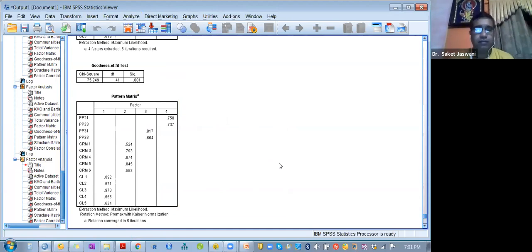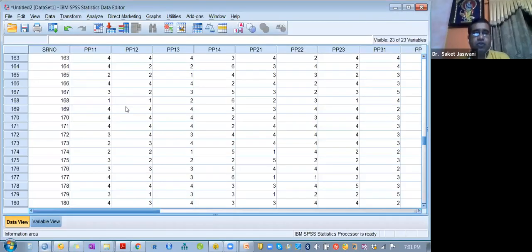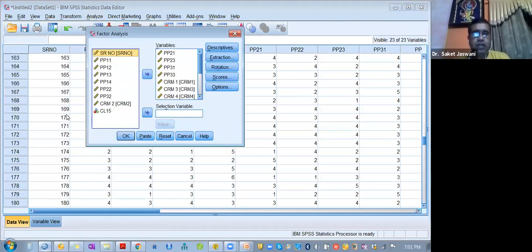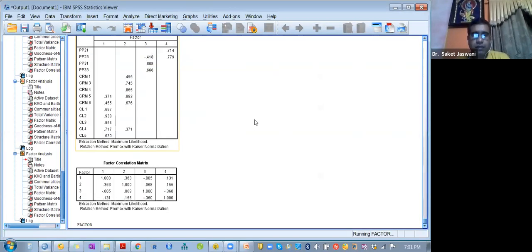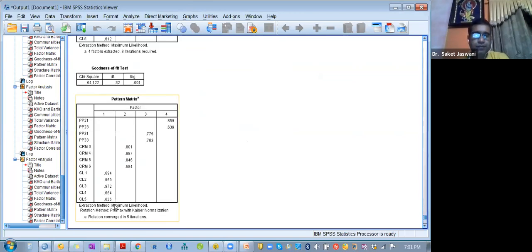सर, इसमें can we accept CRM1 with 0.524? नहीं, 0.5 के ऊपर है ना, आपका टोटल वेरिएंस एक्सप्लेन्ड हो रहा है। अच्छा जी। अगर आप CRM1 हटाओगे, हटा के देखते हैं, चलिए, तो वेरिएंस एक्सप्लेन्ड बढ़ जाएगा, बट 60 हमारा क्रॉस हो गया है, तो हम क्यों हटाएं उसको, है ना। तो CRM1 चलिए हटा के देखते हैं वेरिएंस में फर्क पड़ता है क्या। ये 63 बढ़ गया ना, वो 63 हो गया, ठीक है। तो CRM1 भी हटा दीजिए, 63 हो जाएगा।